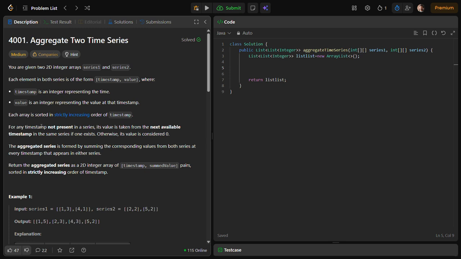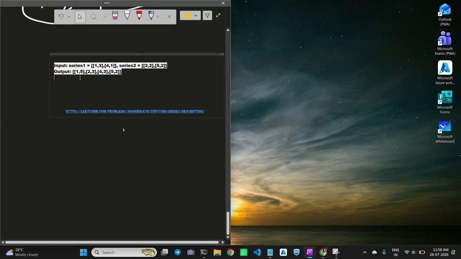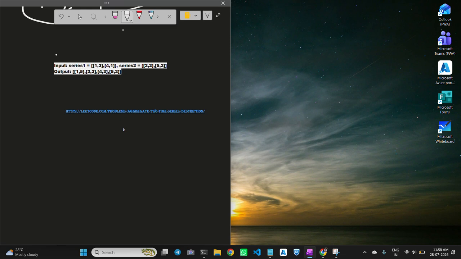Each array is sorted in strictly increasing order of the timestamp. So we don't have to worry about the timestamp as it is sorted in both the arrays. Since we have to return an aggregated array,